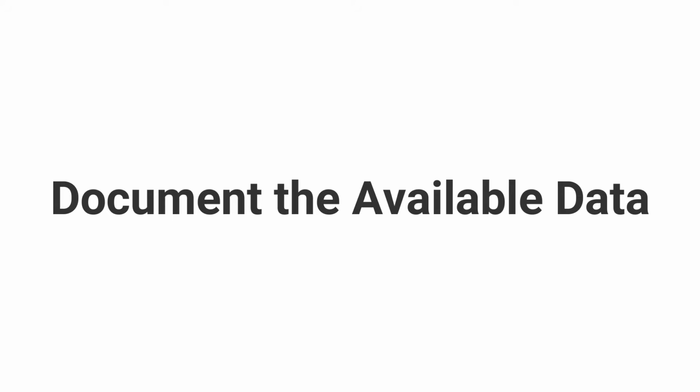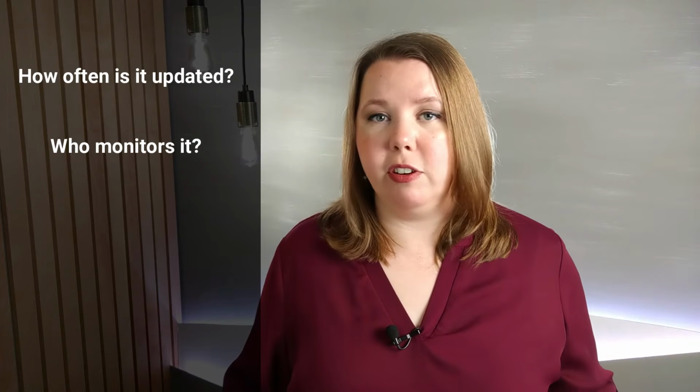Now that you have the who and the what, it's time to move into more detail. Document what data you have available. These are your data sources. What information is in this data? Where does it come from? Do you have multiple sources that are providing the same information? Who owns the data? Who's an expert in it? How often is it updated? Who checks to make sure it's updated correctly? Who accesses it, and what do they use it for when they do access it? Answering these types of questions can really help you make a more informed decision on what rules, processes, and accountability that you put in place regarding a specific type of data.